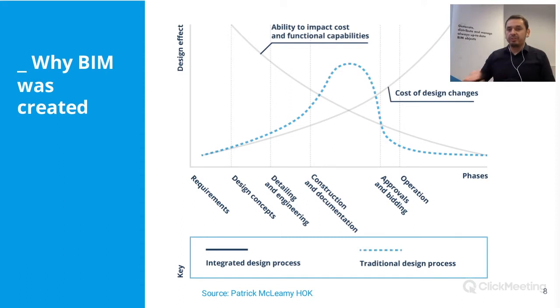And if you see these two gray curves, the ability to do change management and the cost of change management, you see that